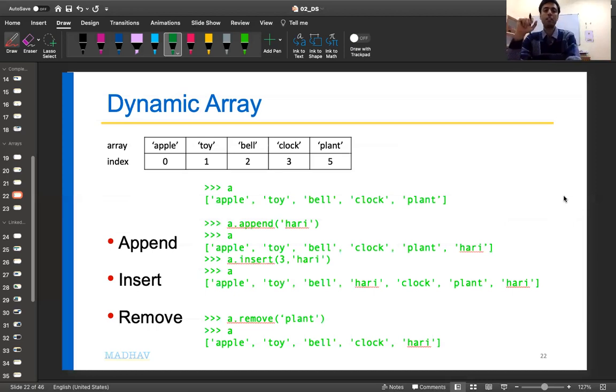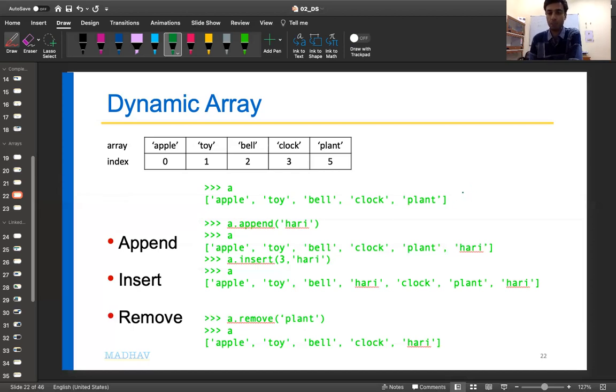Okay, let's look at these one by one. We have taken the example apple, toy, bell, clock, plant. This is an array. I have implemented it using the Python list, but the abstract data type is simply an array. So I can append. What is the meaning of append? Append means the entry is added at the end of the array.